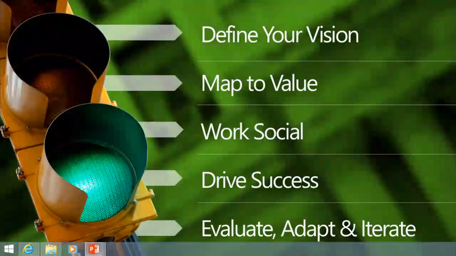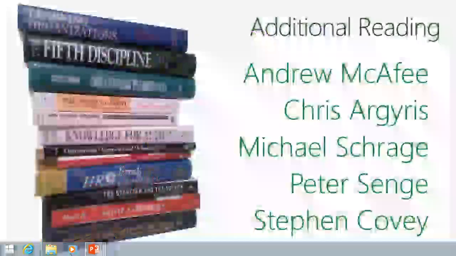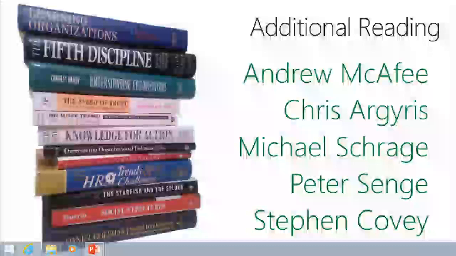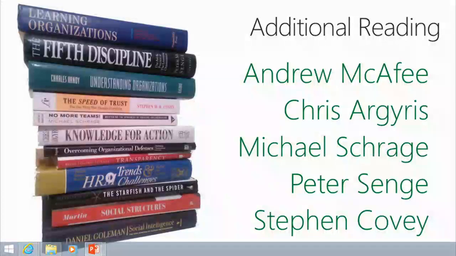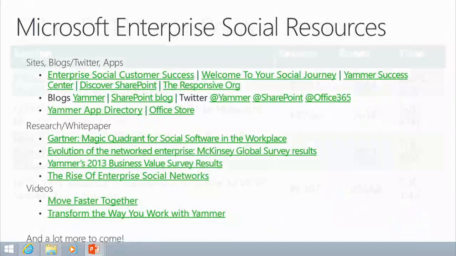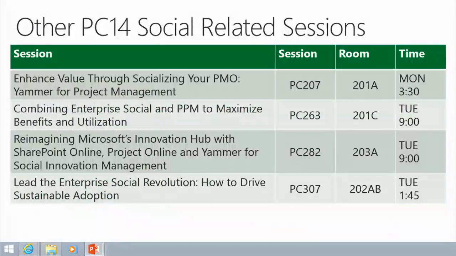We've got plenty of assets. We've got plenty of links, but this is the cookbook from 8 million customers, 200,000 organizations using this to date. Perfect. And there's also plenty of additional reading. We included a list of authors. Feel free to go out and find any of their books. They talk about a lot of this stuff. There's blogs, a list of resources, and there's some additional presentations. I would call out Dux's presentation tomorrow on change management. I think it is going to be great.